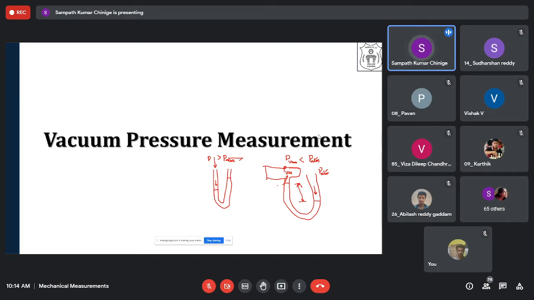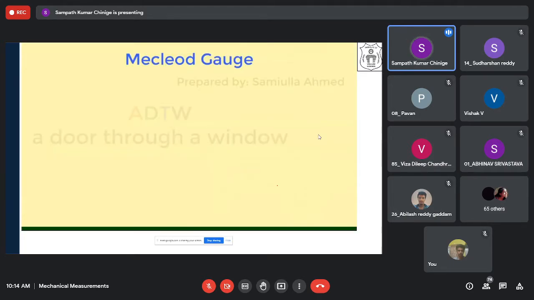Okay, so proper sealing has to be there to make sure that the evacuation is proper. Evacuation pressure can be measured properly. The first and foremost important device that we use mostly in industry as well as academia is the McLeod gauge. Now, what is the principle in McLeod gauge? First, I will explain. Later, we will understand.